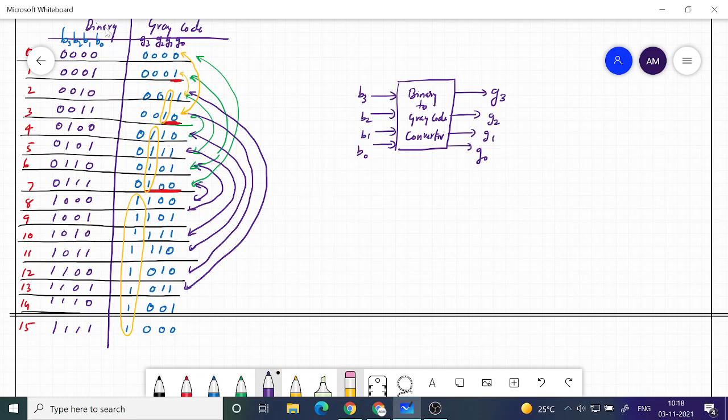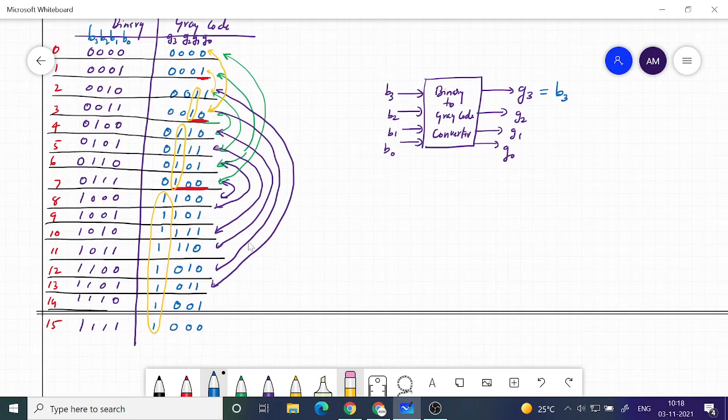But you really don't require it for G3, because you see that G3 and B3 are same. So immediately you can write G3 is nothing but B3, right? You don't need a K-map, because by inspection, when B3 is 0, G3 is 0, and when B3 is 1, G3 is 1. Is that clear?